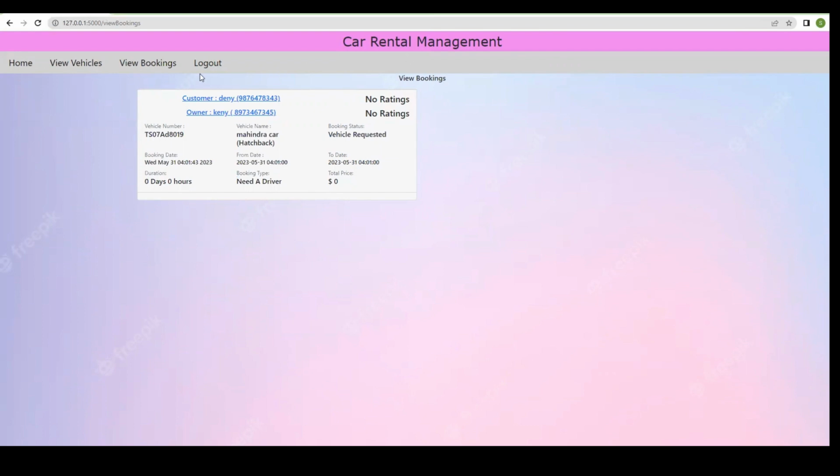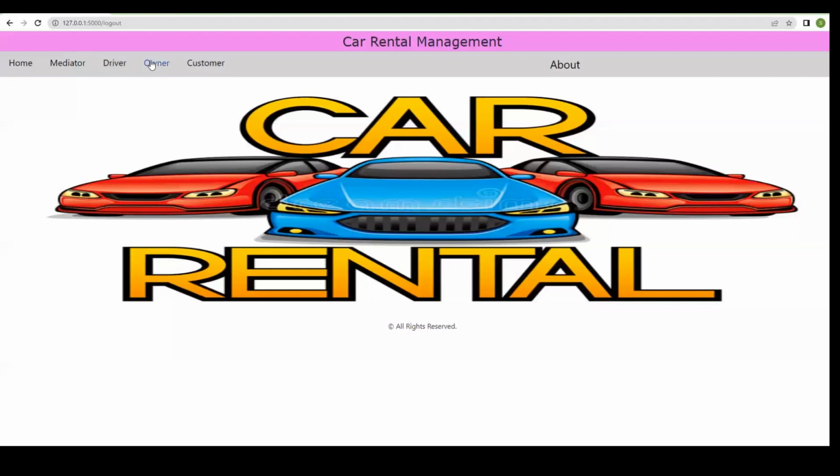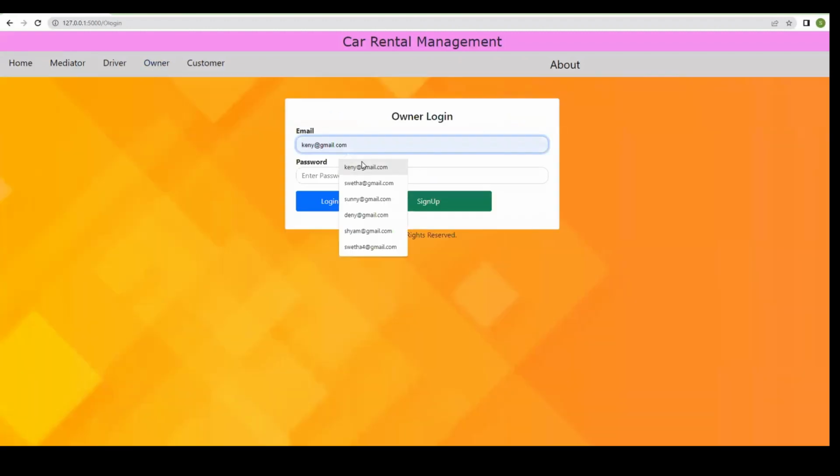So after this, we'll log out from the website. This booking will be displayed on the owner side. The owner details will be displayed. So I'm logging out here and logging in as the owner,